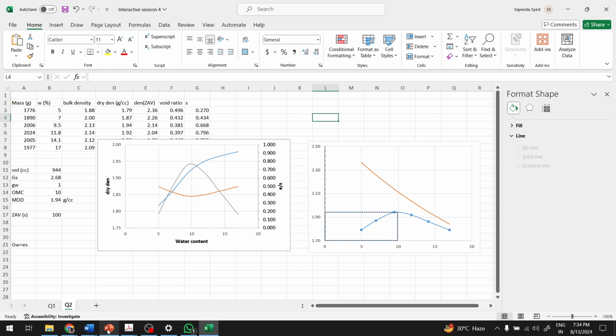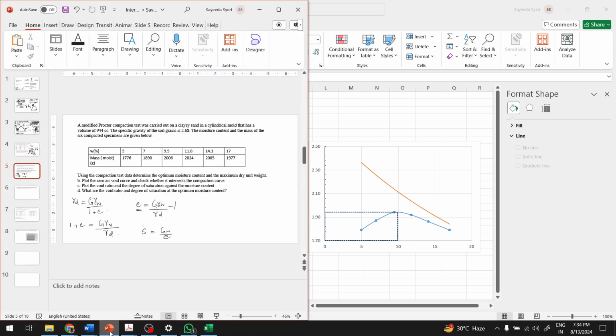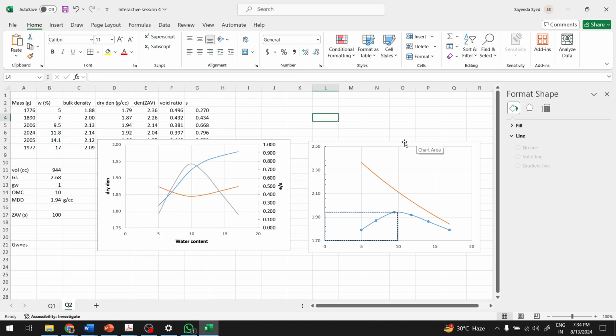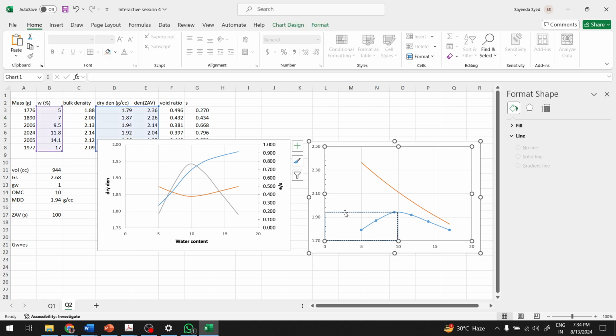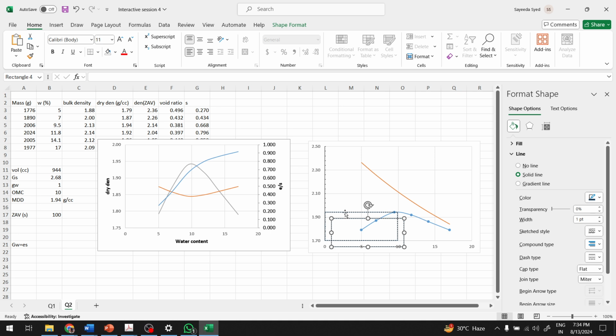So let's move on to the next part of the question. What are the void ratio and degree of saturation at the OMC? And you know the OMC is almost 10. So the void ratio and the degree of saturation will be